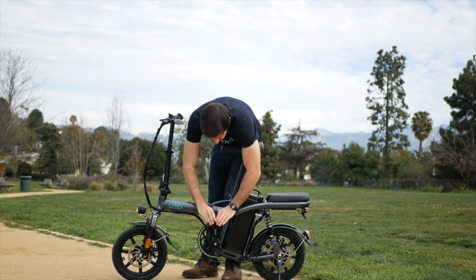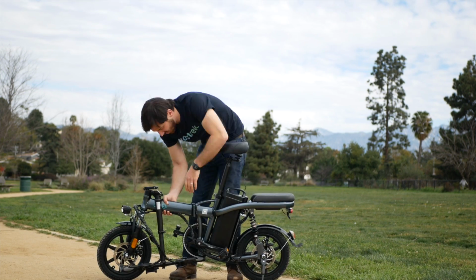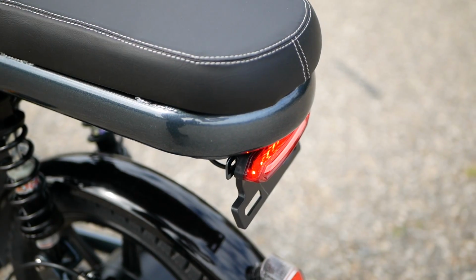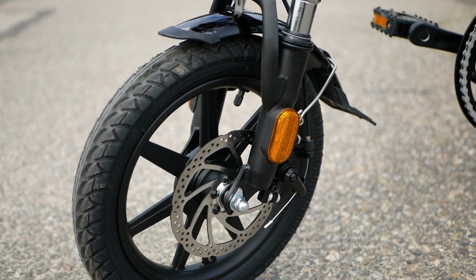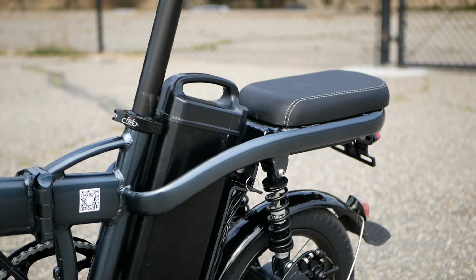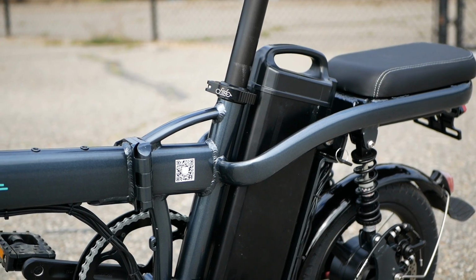The bike folds quite small, which is an advantage over a lot of moped-style e-bikes that don't have a folding option. There are also built-in lights in the front and the rear that run off the battery. There's an electrical horn, there are disc brakes, and don't forget about that front and rear suspension. Basically, this is a very nice little e-bike with decent power and super long range, all for an incredibly affordable